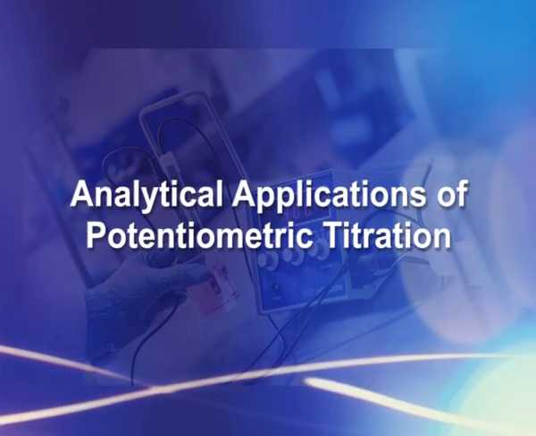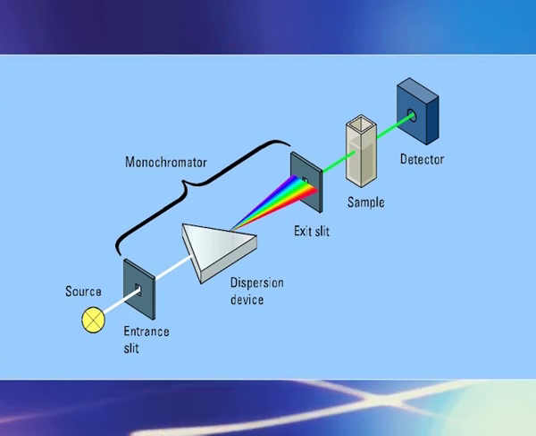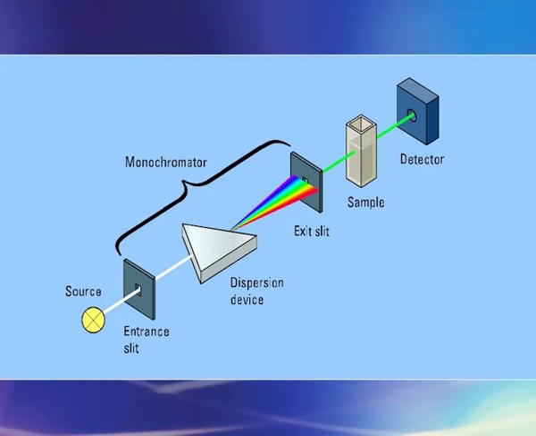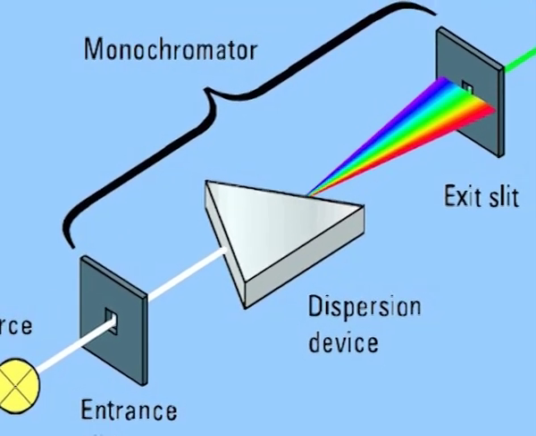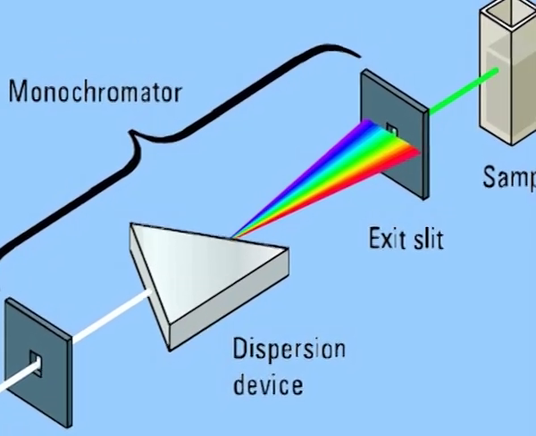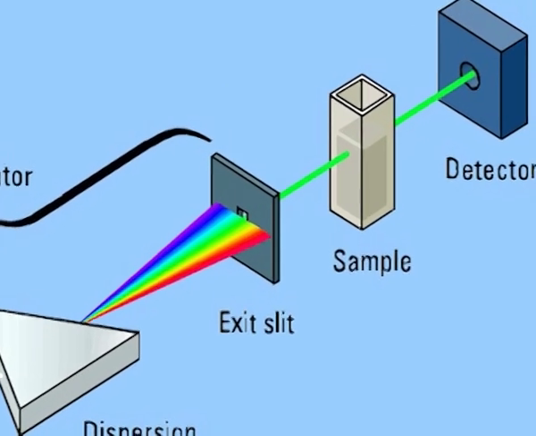Analytical application of potentiometric titration. Potentiometry is a versatile tool for drug analysis. It is an alternative to UV visible spectrophotometry because of its ease of operation, it is easy to handle, and no special dilution is required. Potentiometry can be coupled with an NMR spectrometer, resulting in a powerful hyphenated technique called NMR controlled titration. Currently, potentiometric titration is used for a number of applications. Some of them are summarized here.